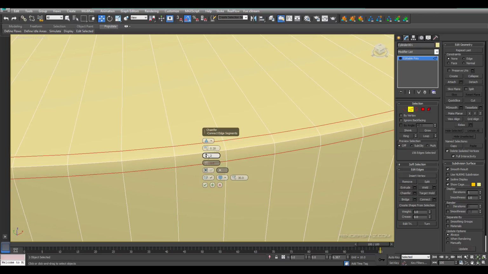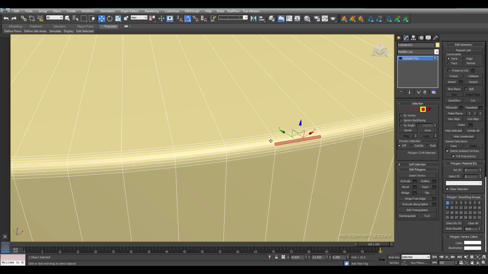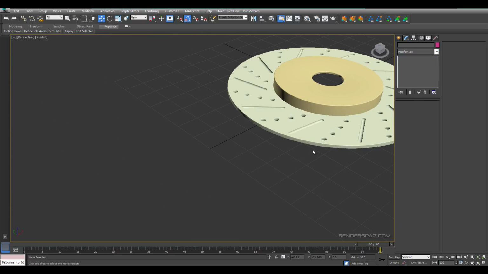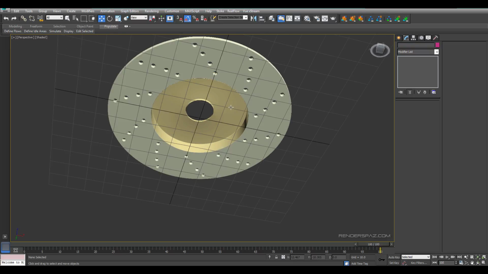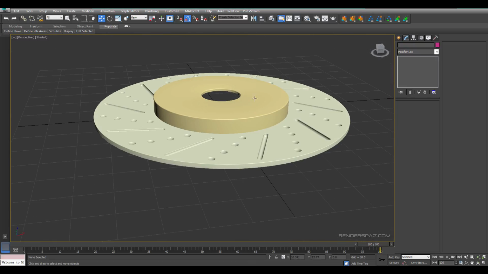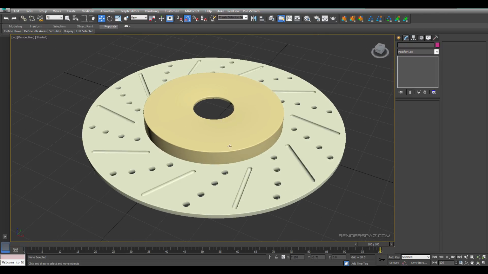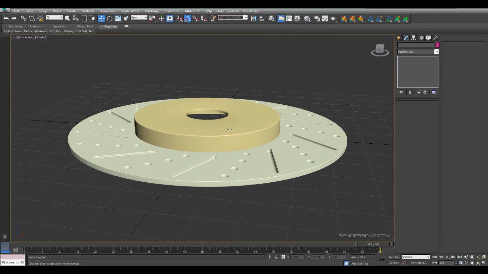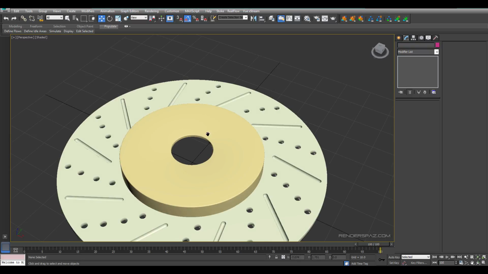Let's bring this, let's go 8. Okay, that's quite smooth. That's good enough. All right, and you can see already we just built in that centerpiece of where the bolts and everything are going to go. Okay, where this will go on top of where our wheel is going to be. But we're not going to have the car model here, but we're just going through the